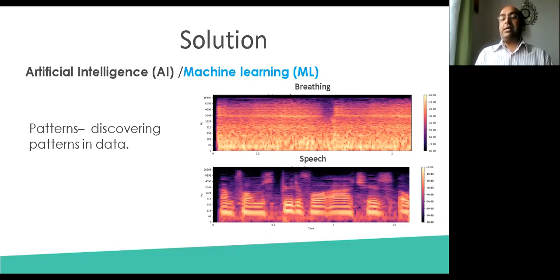As you can see, in breathing it's very consistent, and in speech there are ups and downs, which means there are features in breathing and speech that can be extracted to identify where the breathing is going on and where the speech is going on, and maybe some of these features are also related to lung function. So this is mainly what AI does, but it's not limited to only these two functions.